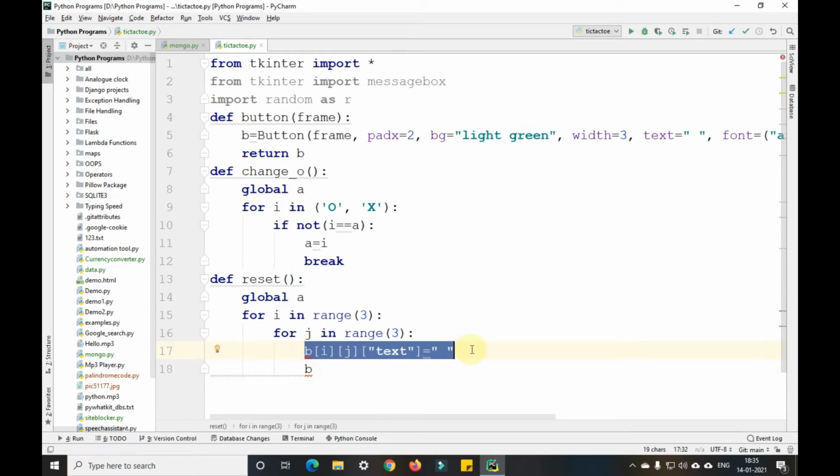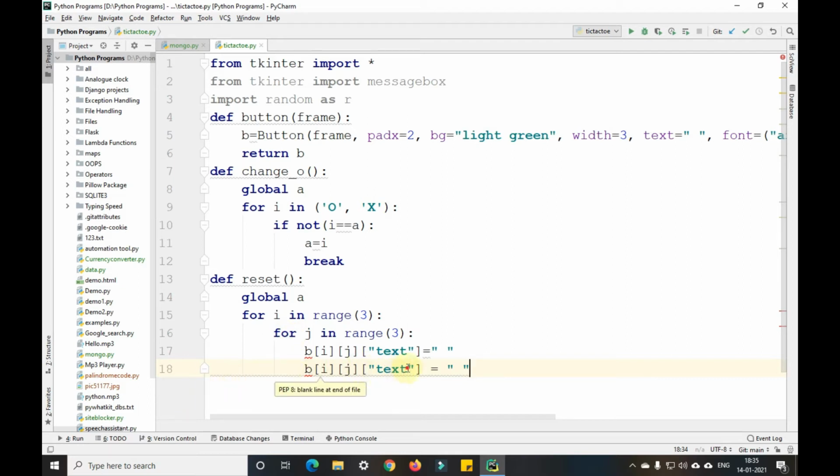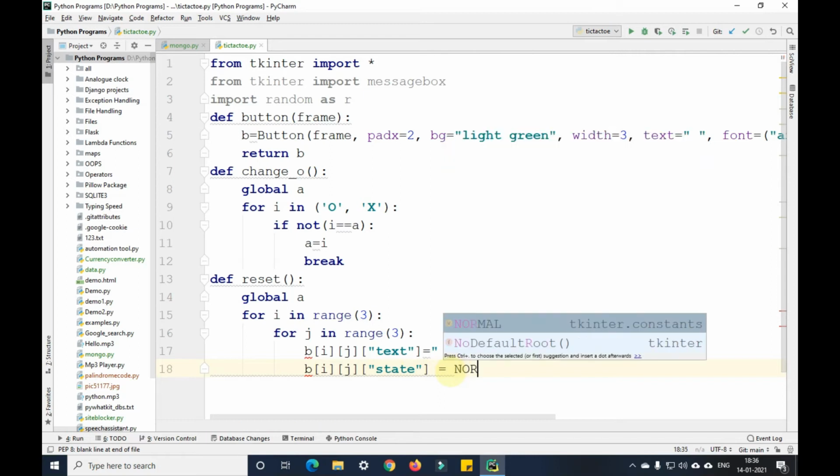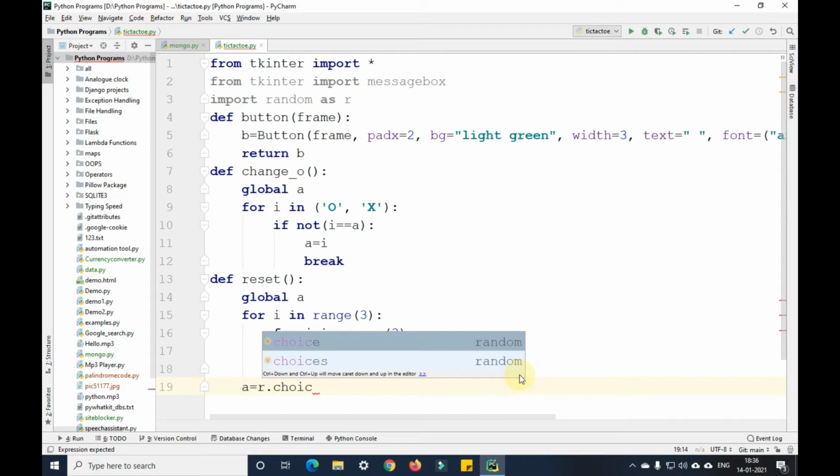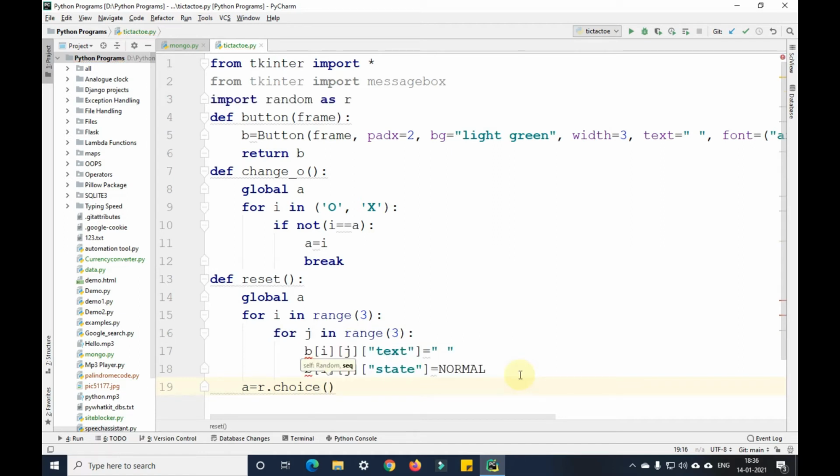I'll just copy this, I just have to change some code. Then if the state is normal, we'll assign a equals r dot choice here. Choice of, we can choose anything, either an O or an X here: O comma X.